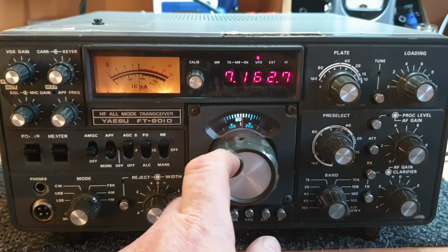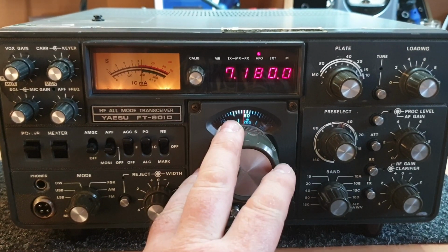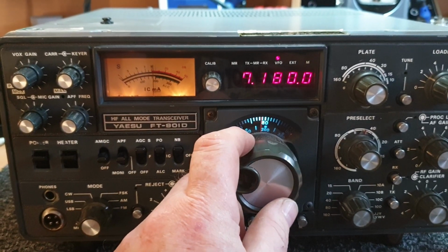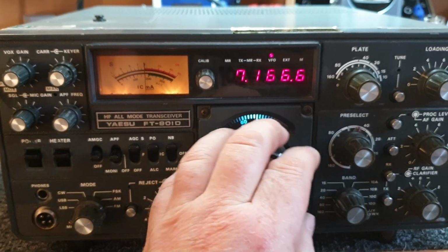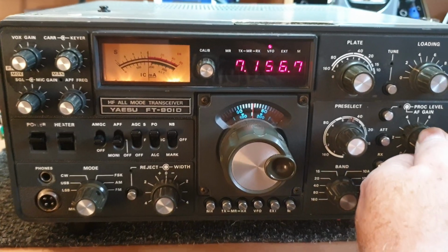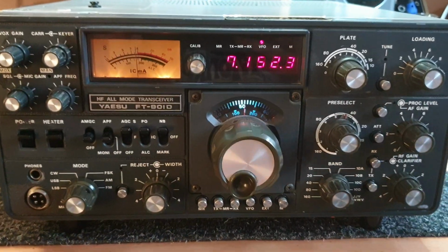But I think our friends up here were about the strongest. Oh, this is another one in Europe. The receivers on these things are so lightning hot. They're just incredible. They really are. Anyway, it's been nice to sit here and have a bit of a look at what's coming through on the band. But I should get to the